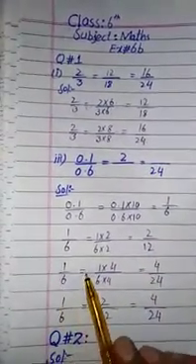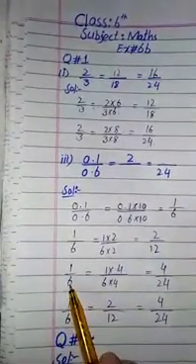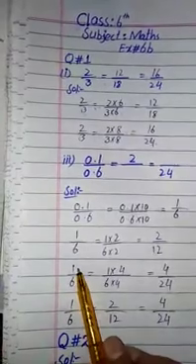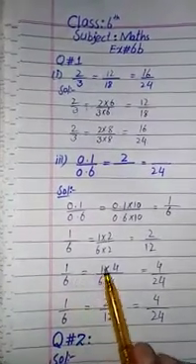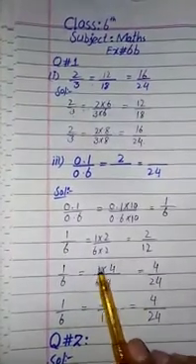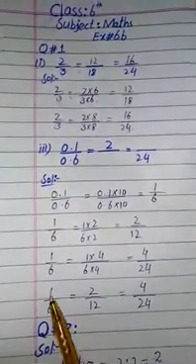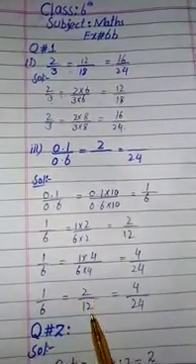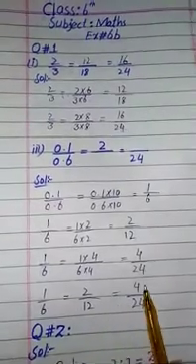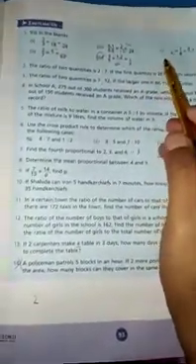Now 1 over 6 is equal to. To make the denominator 24, we multiply denominator 6 by 4 and numerator also by 4. 1 over 6 is equal to 1 multiply by 4 over 6 multiply by 4. 1 4 is 4 over 6 4s are 24. So our answer is 1 over 6 is equal to 2 over 12 is equal to 4 over 24. These are equivalent fractions. Students, similarly you can do the remaining parts in your notebook and practice these questions.